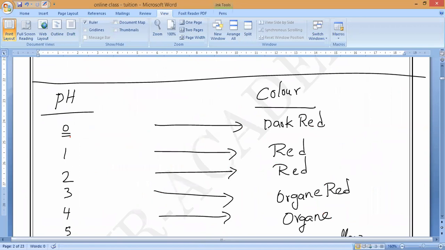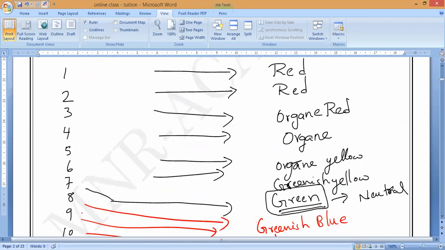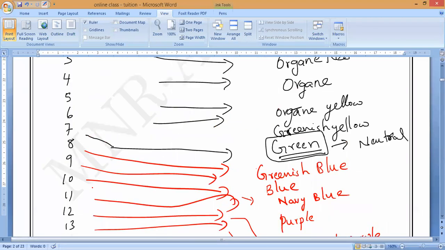as well as 0, 1, 2, 3, 4. I think it is very easy to remember. You can easily remember because in MCQ we don't know which one they will ask you. But 7, the middle, we should learn. What is the middle exactly? 7. 7 indicates what? Green color. Remember, this is the neutral substance.